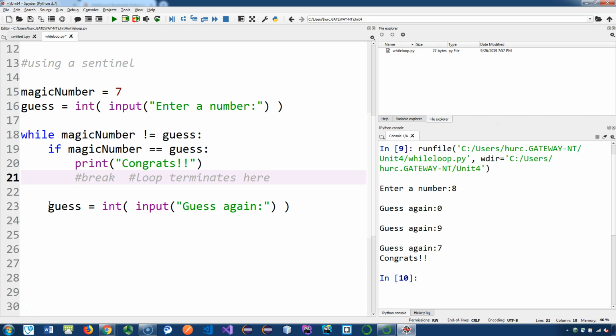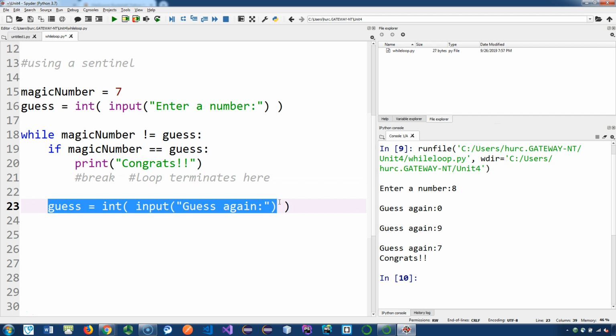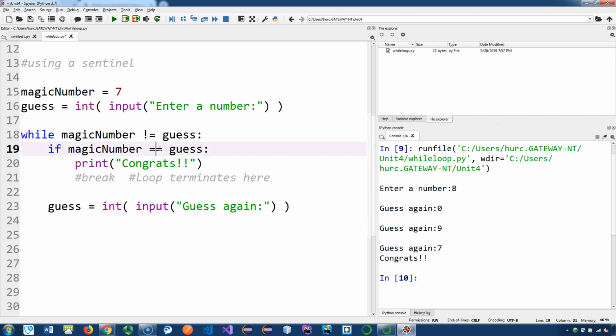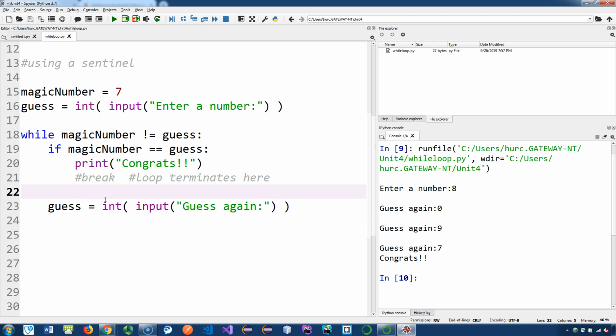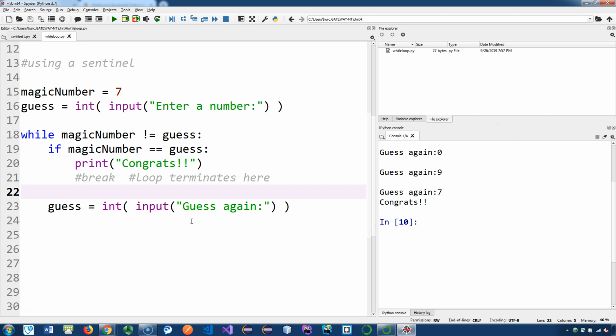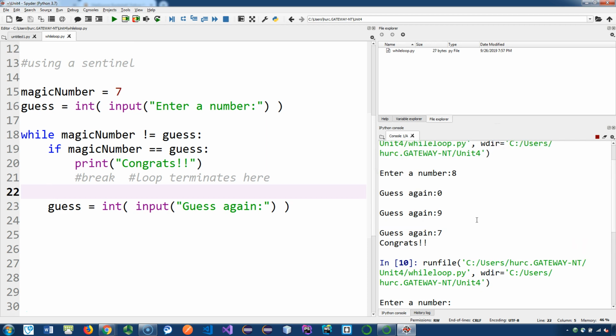But now I don't want to display this every time because once I matched the number, I will print congrats, and then that's it. If I don't put the else part, then it's going to get printed again. It's going to ask for another number, and then it ends the program in a really weird way, right? So it wouldn't make sense. I mean, just to see that in action, for example, if I go and save as is, and if I run the program, okay, so down here,